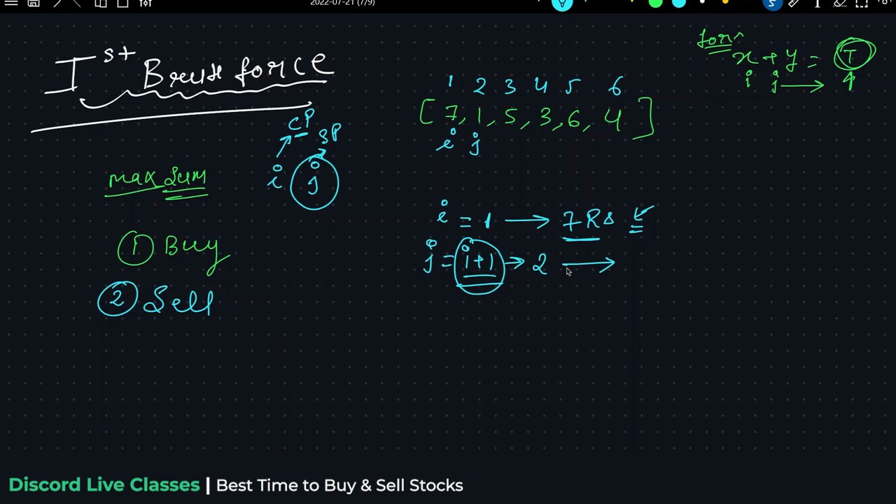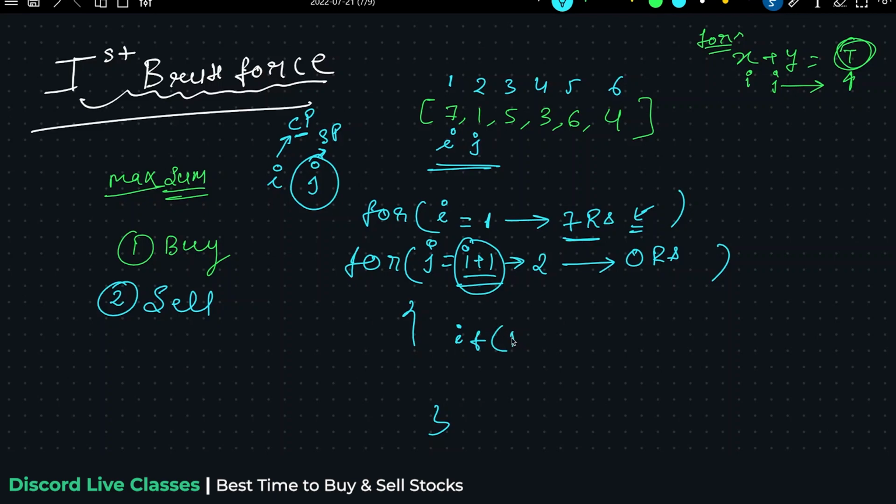How much profit will you be getting? 0 rupees. Array of j minus array of i. Yes, basically what you will be doing is, every time you get this kind of pair, one for loop is made for this, the second for loop will be running for this, and inside the second for loop you will meet some kind of condition. I'm just writing pseudo code, not the correct code. You will get the correct code in the doc file.